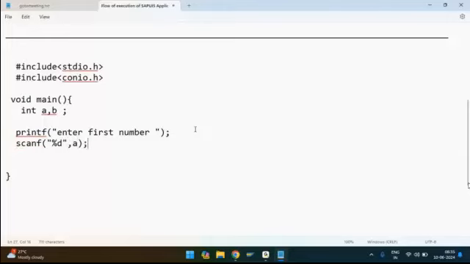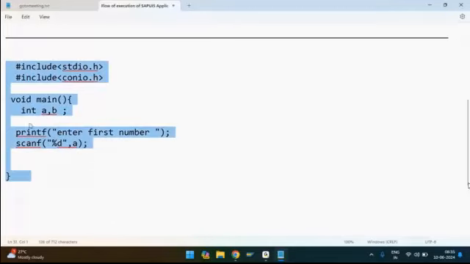So we are reading the first number into the variable a. Anyway, I'm not here to explain the C language, but let us understand why we have written this hash include stdio.h and hash include conio.h. So anybody from the audience, answer me, what is the need to write hash include